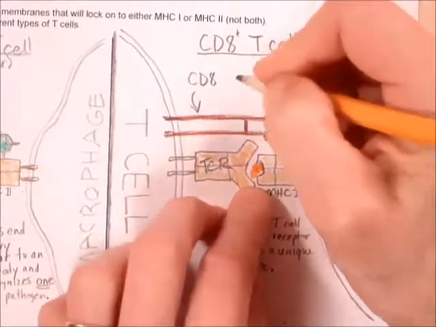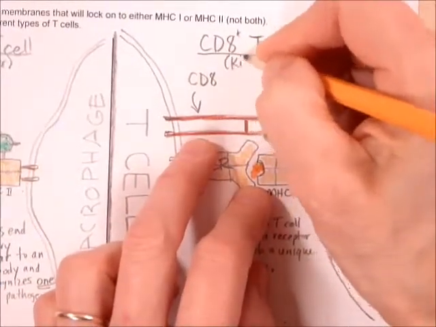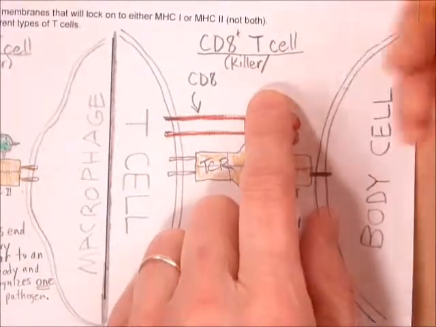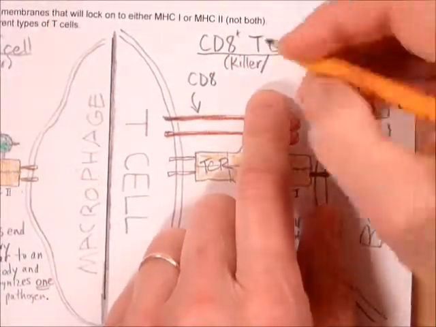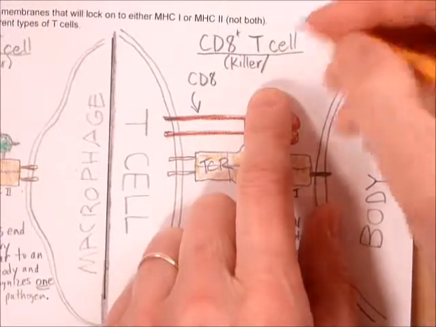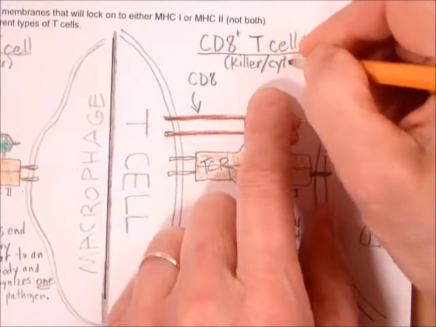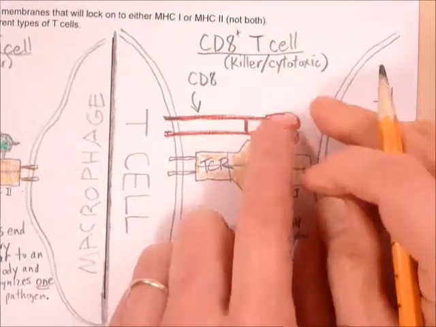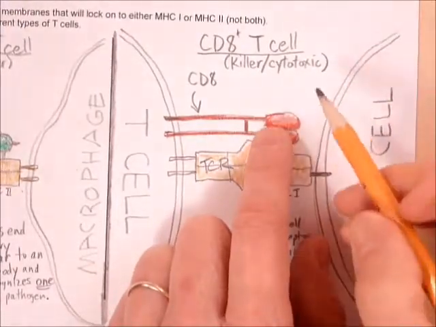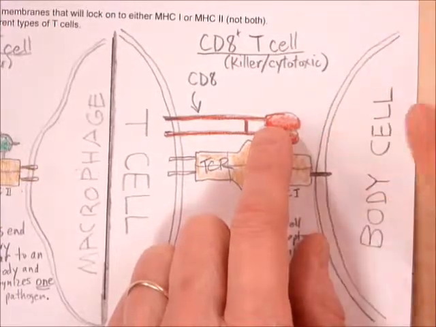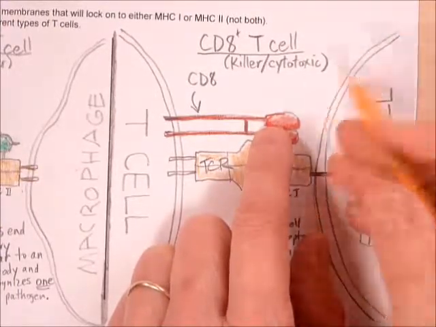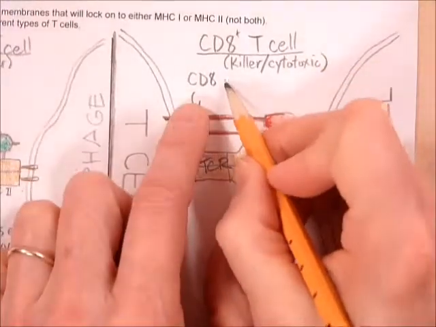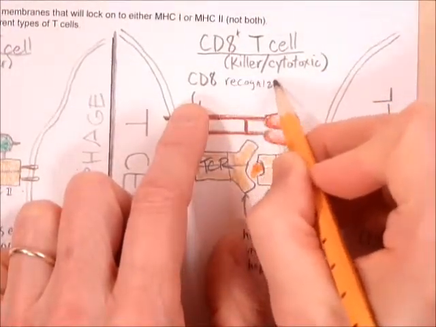And its informal name is killer, and I'm going to put a slash, because you need to know this one too. I like killer, helpers and killers. That's my preference. But recently they've gone to calling it cytotoxic. A cytotoxic T cell. So you'll see TC, that's what they'll say, T cytotoxic. So you need to know that word. All right, so CD8 recognizes